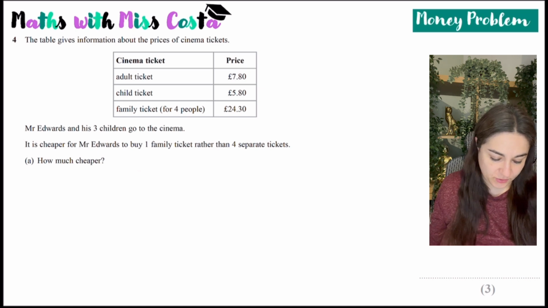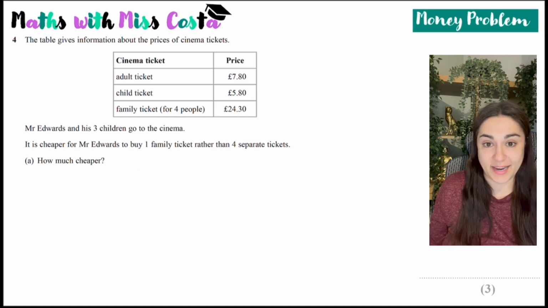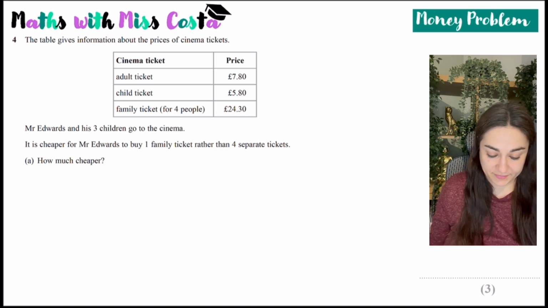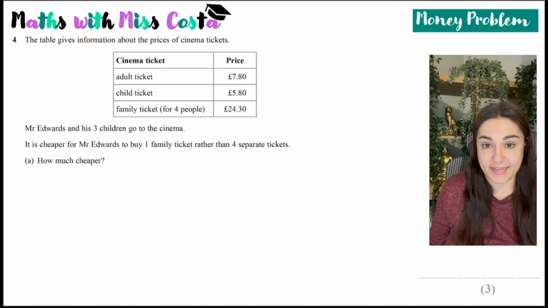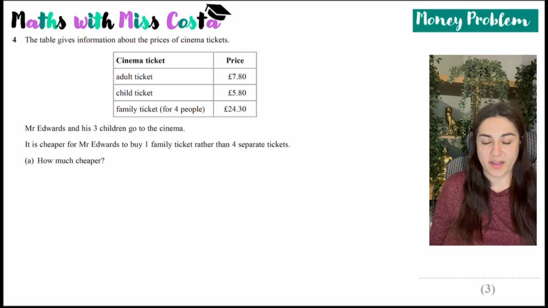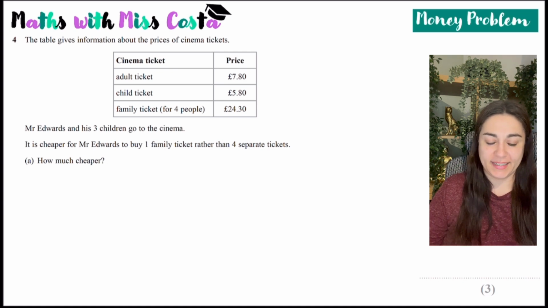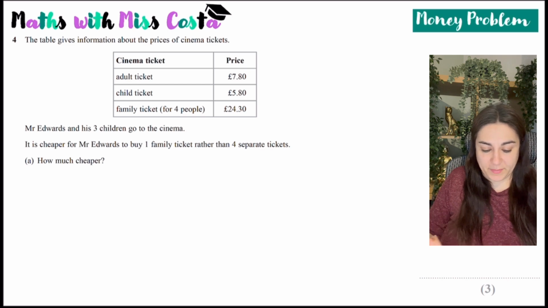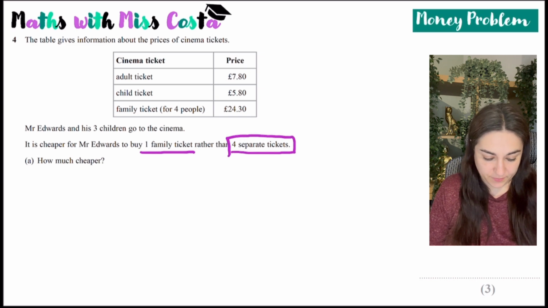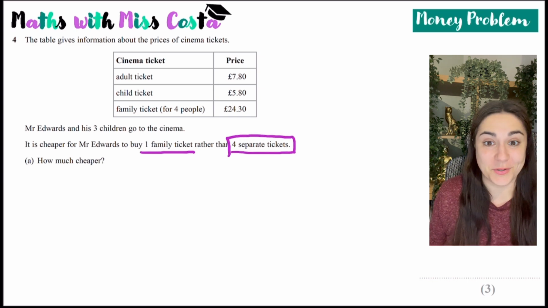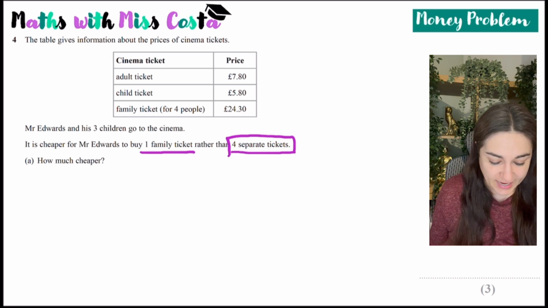Okay, next we've got a money problem. So we're told that the table gives information about the prices of cinema tickets. Adult ticket is £7.80, child ticket is £5.80, and a family ticket for 4 people is £24.30. So Mr. Edwards and his 3 children go to the cinema, and you need to decide whether it's cheaper for Mr. Edwards to buy 1 family ticket rather than 4 separate tickets. So, oh no, you don't need to decide, you are told it is cheaper,